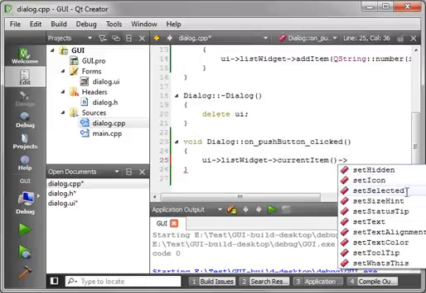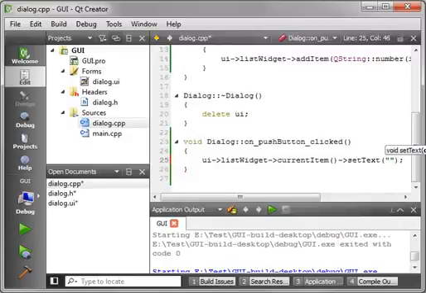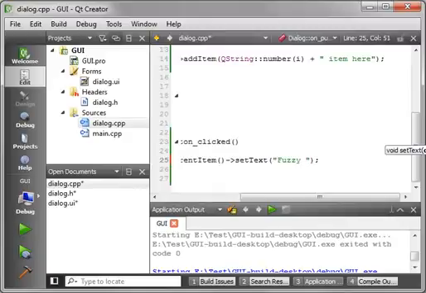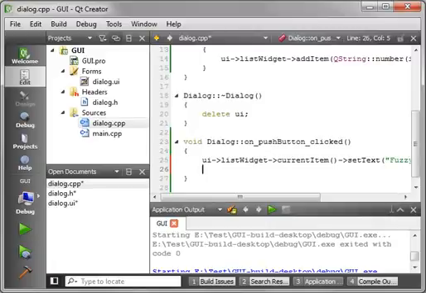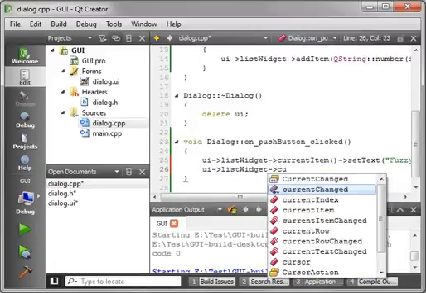For example, let's say set text, and we'll say, oops, fuzzy bunny. Why not? In case my daughter ever watches this tutorial, she'll get a kick out of that. And current item. Now, one thing you should know is instead of doing this current item every single time,